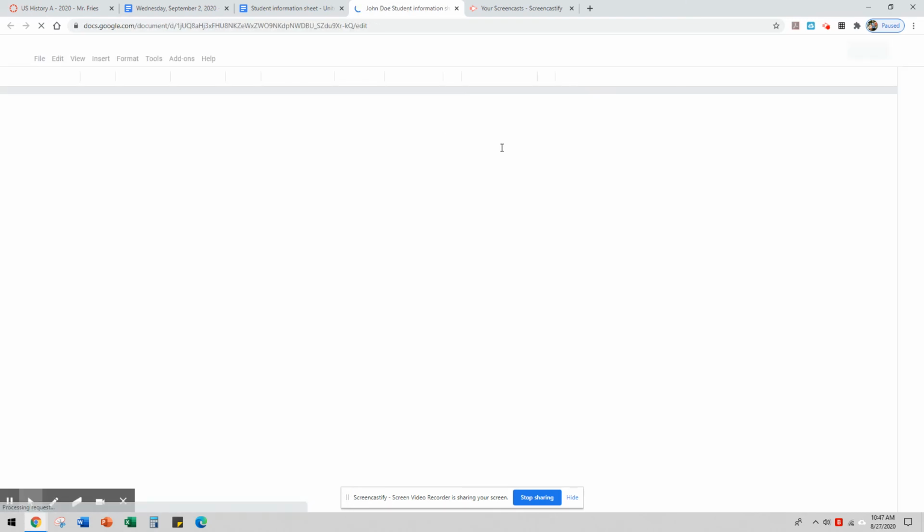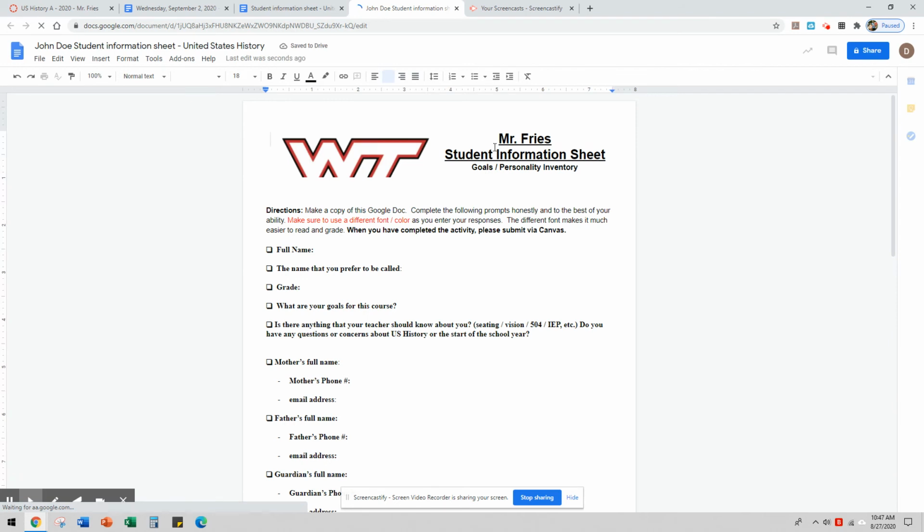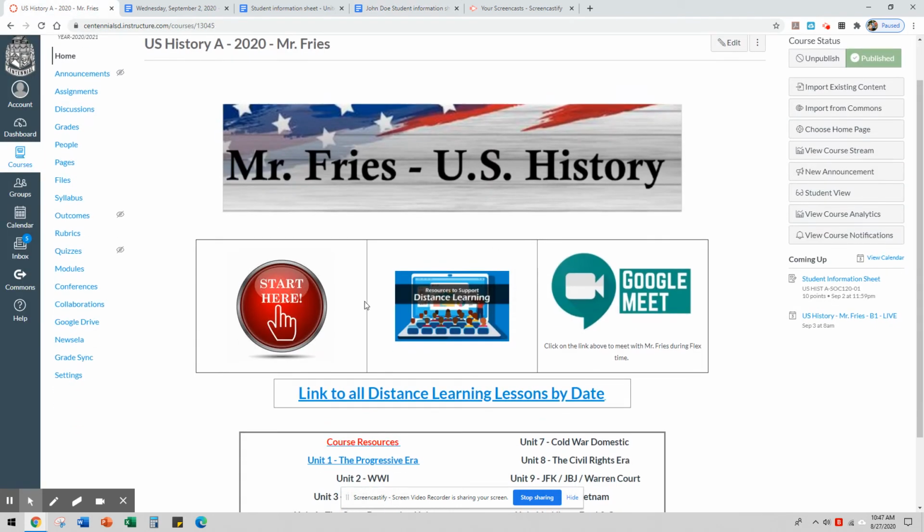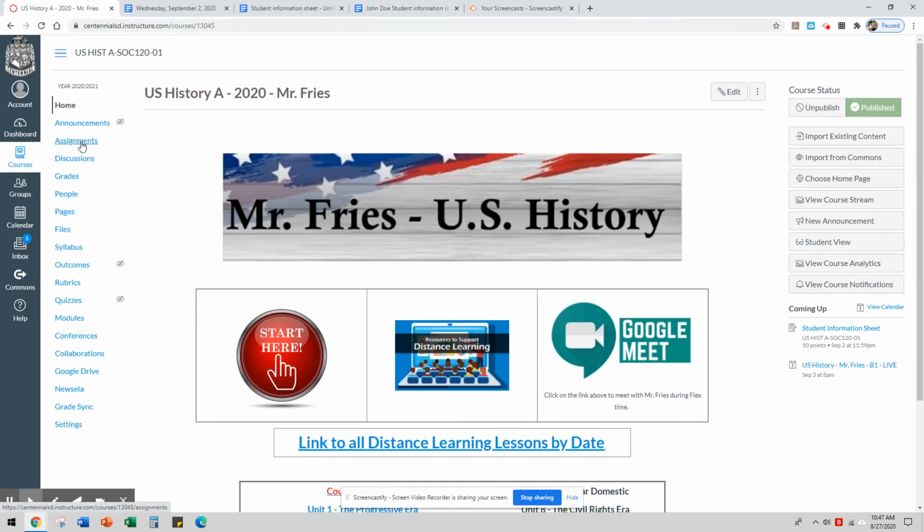as this document. So it's coming up right now. Moving a little slowly, but it should be coming up right now. Here we go. All right, so there we have it, and you can edit this once you make a copy of it. Now, to submit this assignment, if you go to my Canvas page, you will see that under assignments,